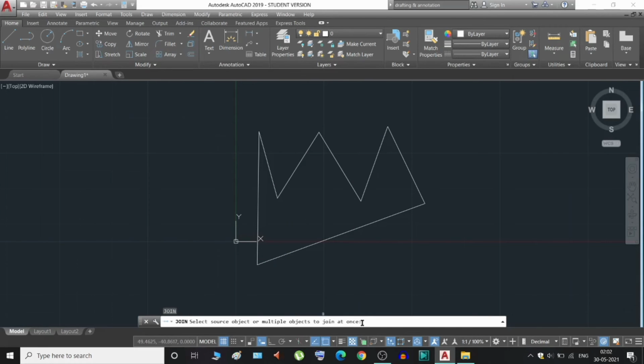Then you can select the object like this one, and this one, and just press enter. Then if we touch the line, these three lines will show as a single line like a polyline.